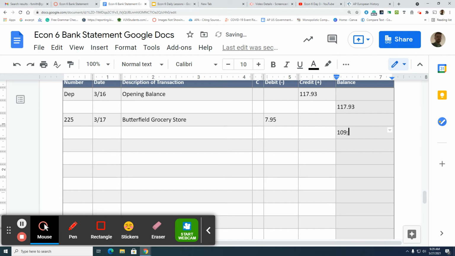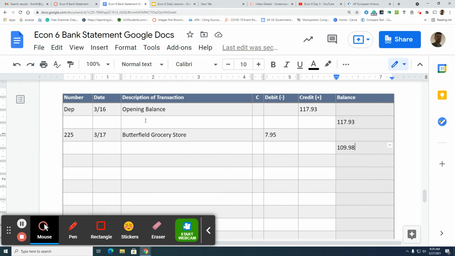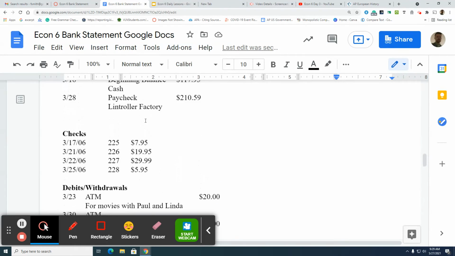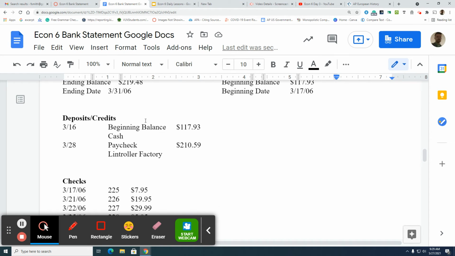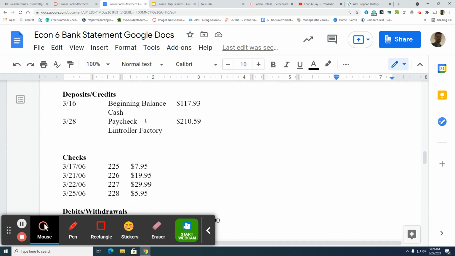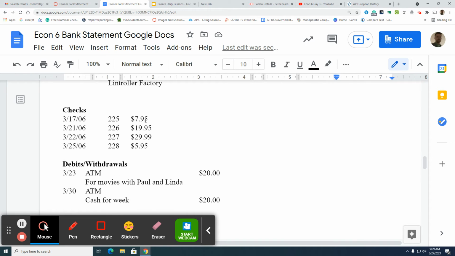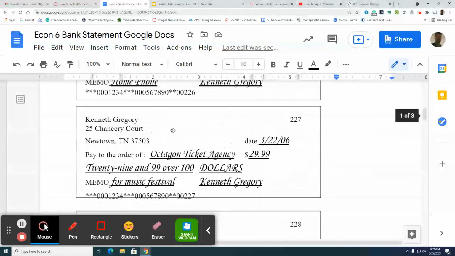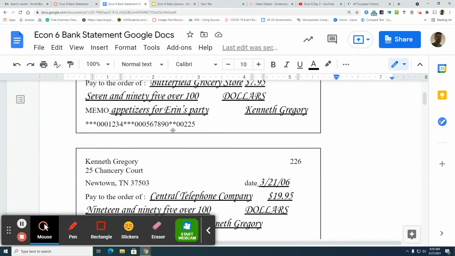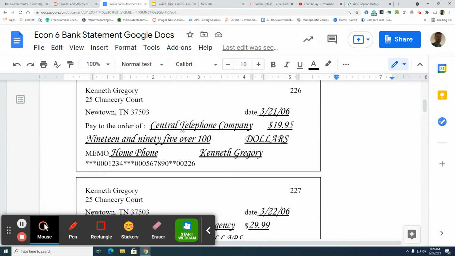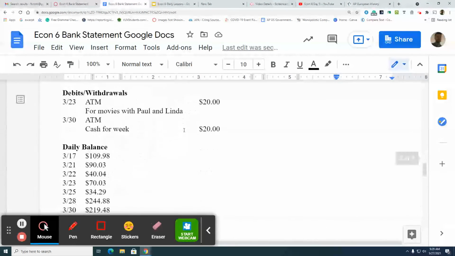And so he's going to have $109.98 as his new balance, because $117.93 minus $7.95 is $109.98. So there he has two transactions in, and he'll be going for the third one. And he'll look through 317, 318, 319, 320. Looks like he has another check on 321 for $19.95, which would be right here to the Central Telephone Company. So he'd enter that next one in, and so on,